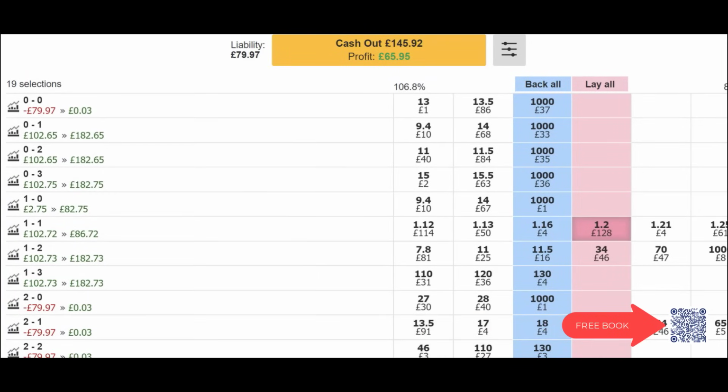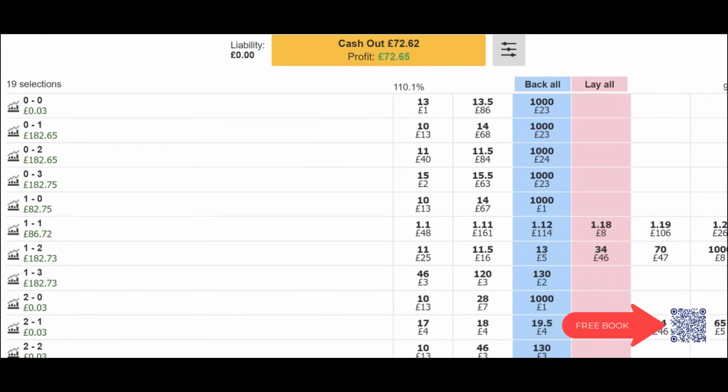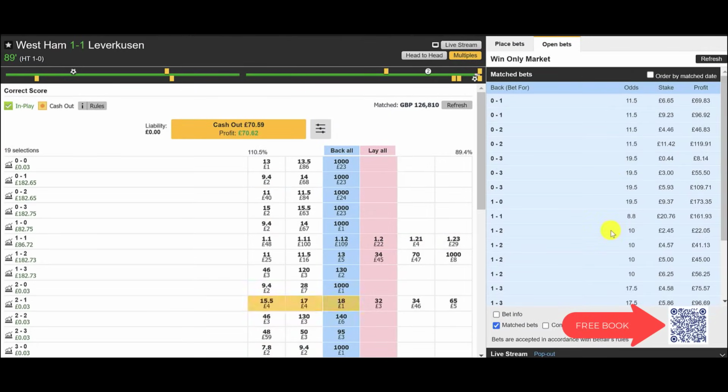It's going to leave us with an 86% return on this 1-1 scoreline, which was one of our target scores at the start of the match. And it looks like it could potentially finish on the 1-1. We've also got bigger profits on the 1-2 to Leverkusen if they can nick a late winner. We're going to leave it to be a break even on the 2-1